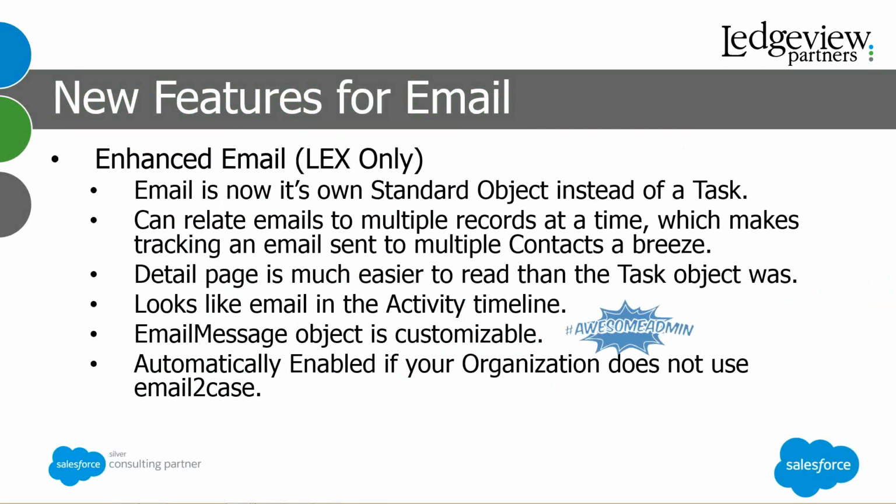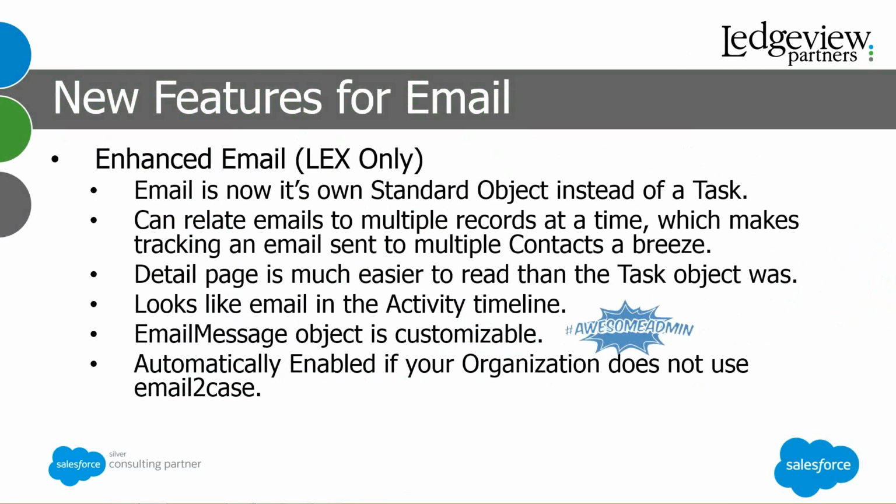So the email looks like an email in the activity timeline, and the email message object is also customizable. So you could add fields to the email object, and that's something that admins might care about. So they could add fields that get updated when certain actions happen, like if you followed up on an email or something like that. And this is a feature that is automatically enabled in your organization as long as you